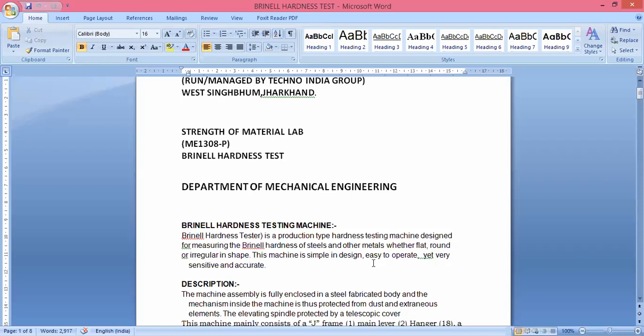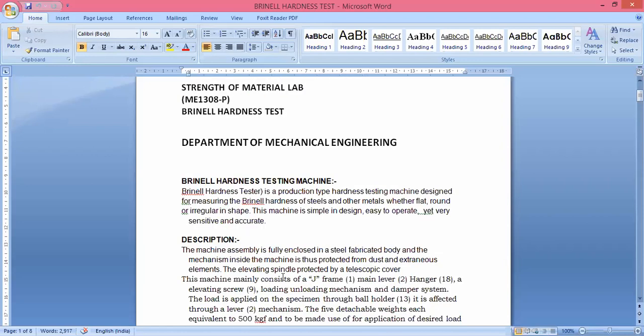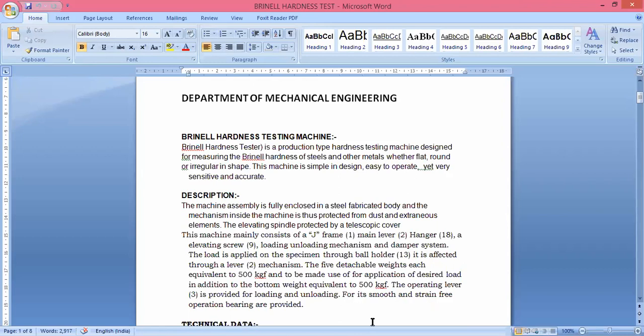It is very accurate, sensitive and simple in design. These are the basic machines still used in industries after the last 40 years to know the hardness of different items. Now, what is the description of this machine?